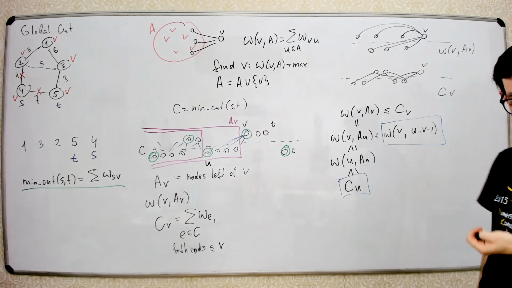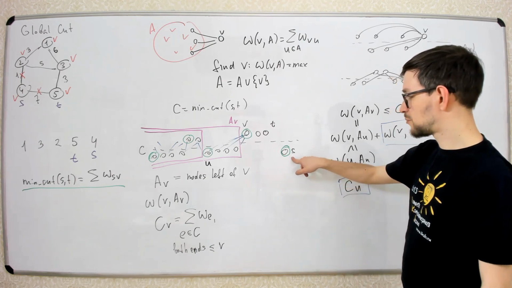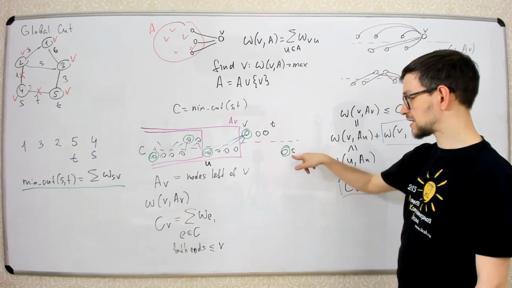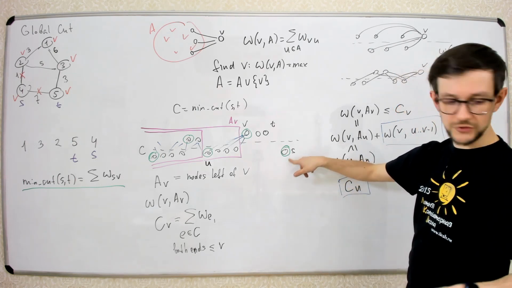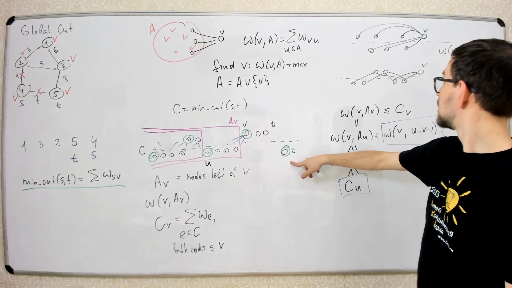Why is it true? Because node S is interesting: the previous node is T, and S and T belong to different connected components. So node S is interesting, and for this node S we know that